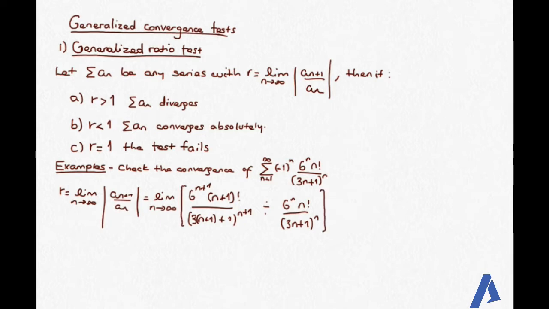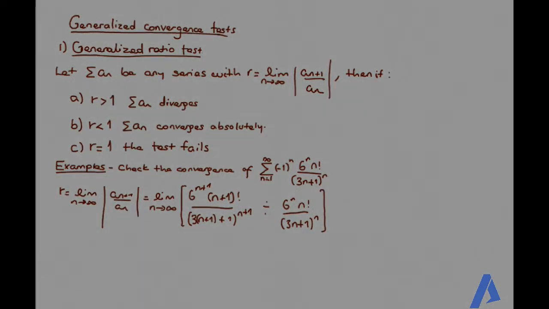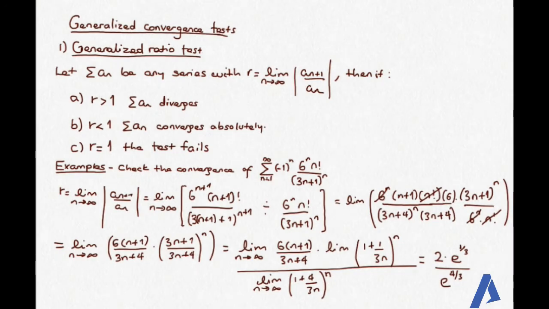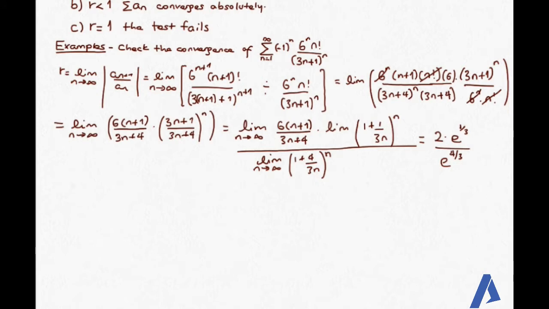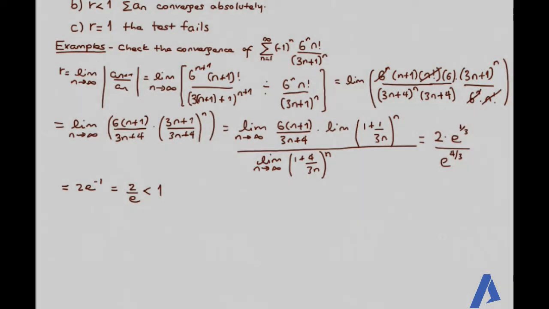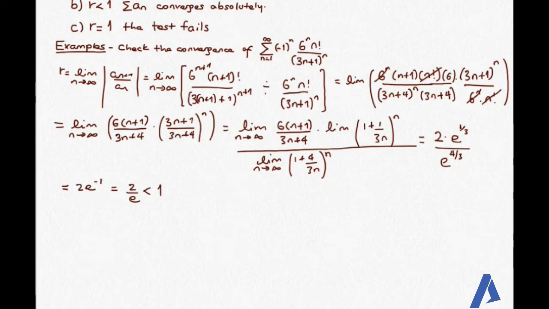ይህንን ሲምፕሊፋይ ስናደርገው ይሄ ይመጣል። ከዛ ሞር ሲምፕሊፋይ ስናደርገው ደግሞ ፋይናል አንሰራችን is equal to 2e the power of -1, which is equal to 2 over e. This is obviously less than 1. ስለዚህ by generalized ratio test the series is convergent ማለት ነው።